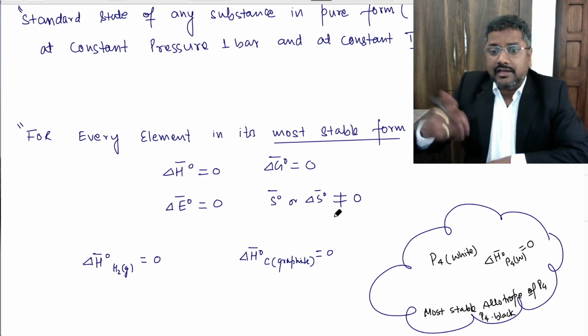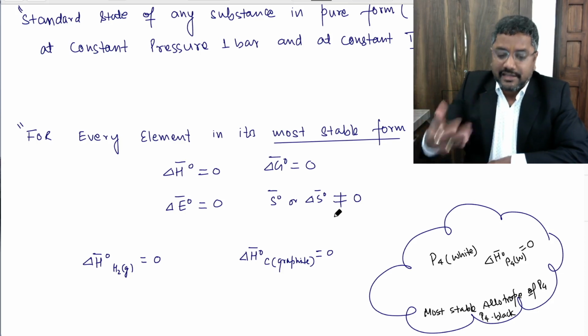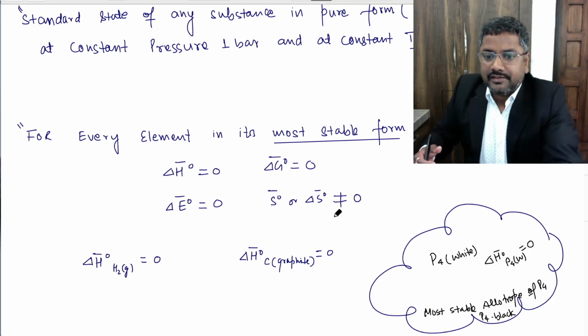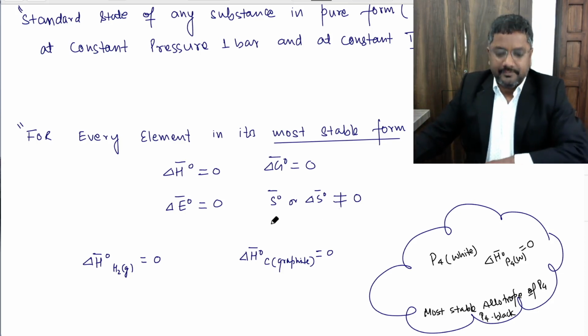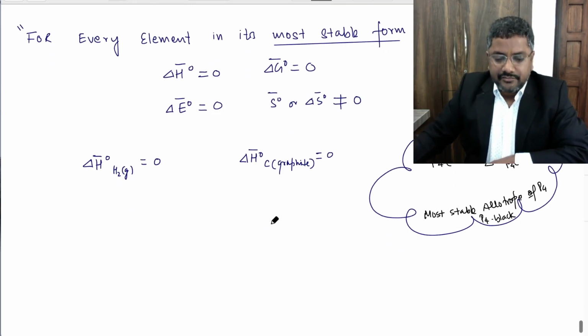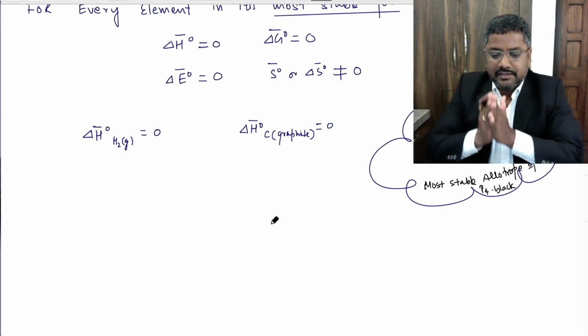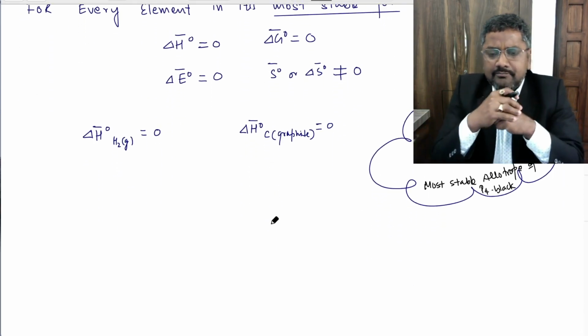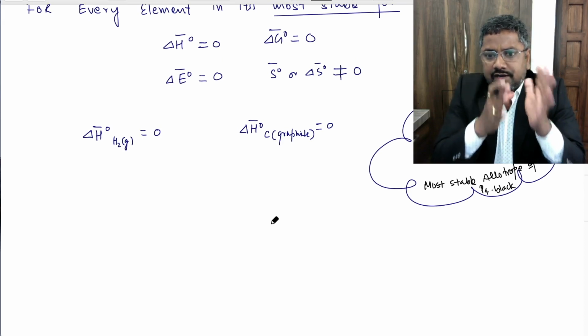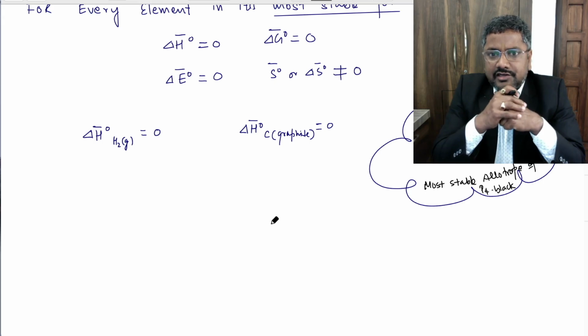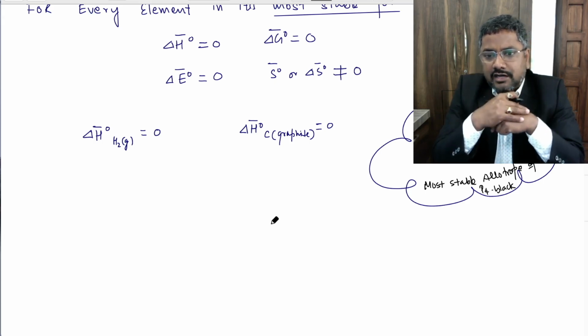In thermochemical reactions we are taking that as a thermodynamic reference. Clear to everybody? Okay. So we can write here that for every element in its standard state in pure form, all these functions are 0,